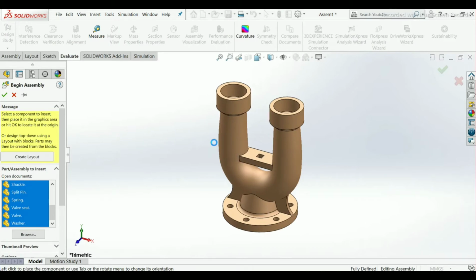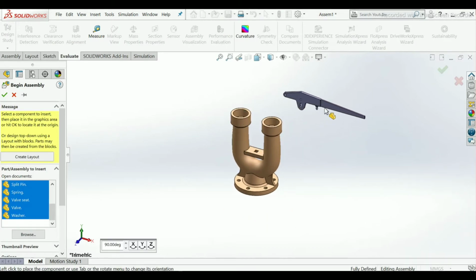First one, body, lever, place it nearby so that we can easily assemble all of them.